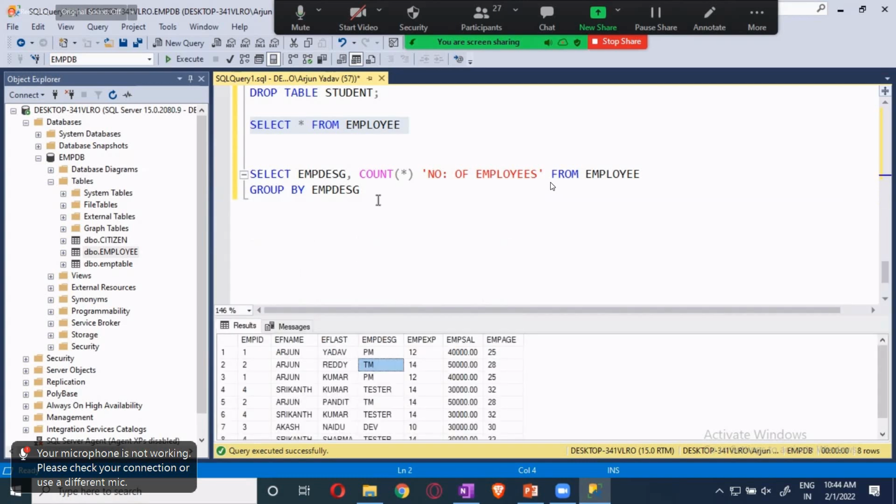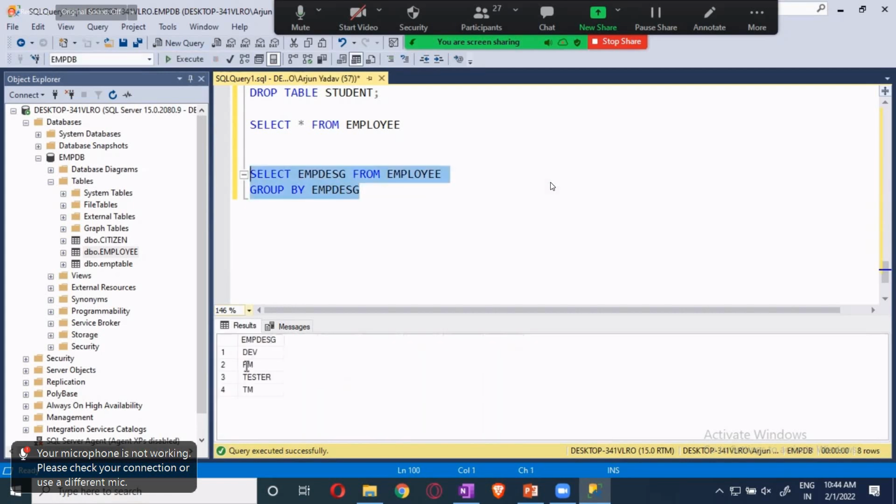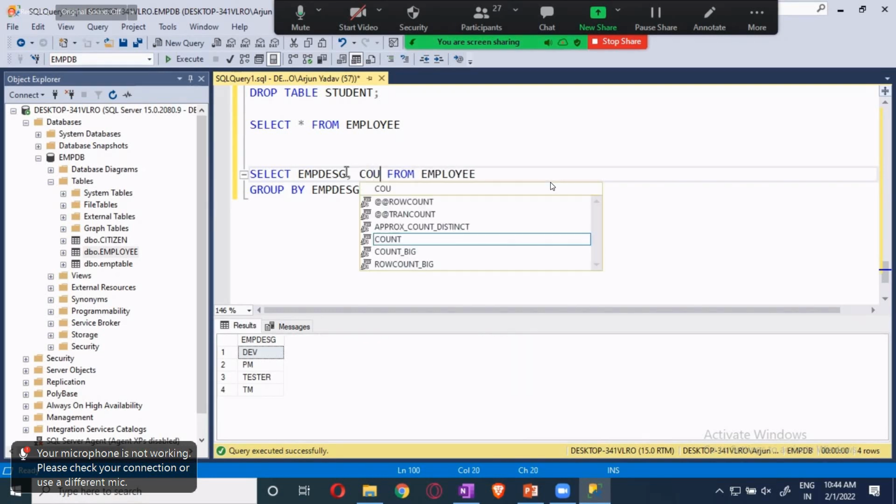This is grouping, right? Just see this once again. First I group by with the help of EMP designation. You will get all the designations. Now, if I want to get the number of employees, I will use the count function.